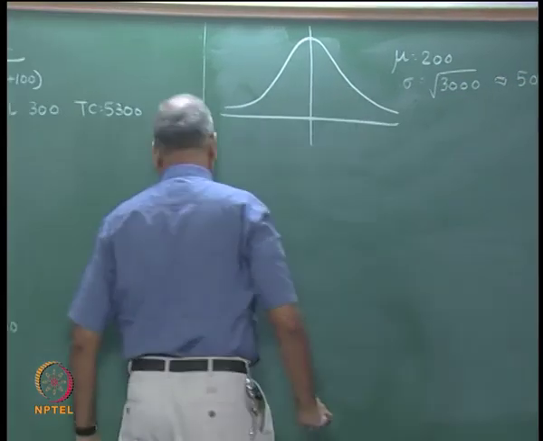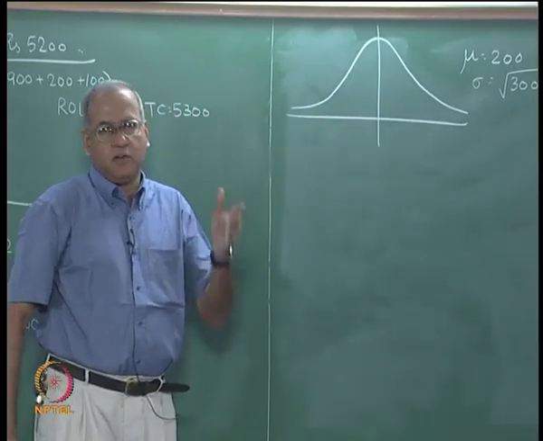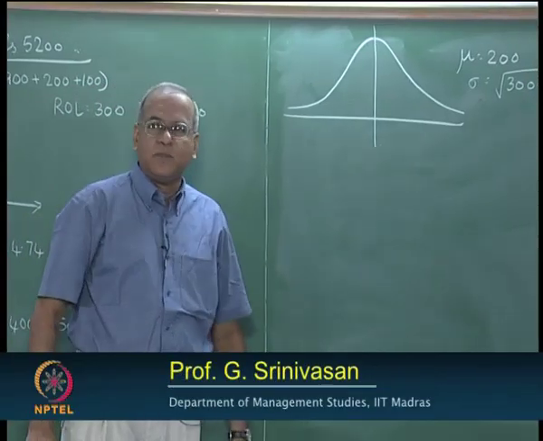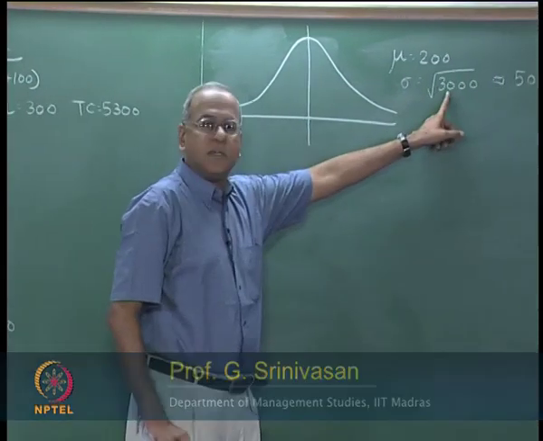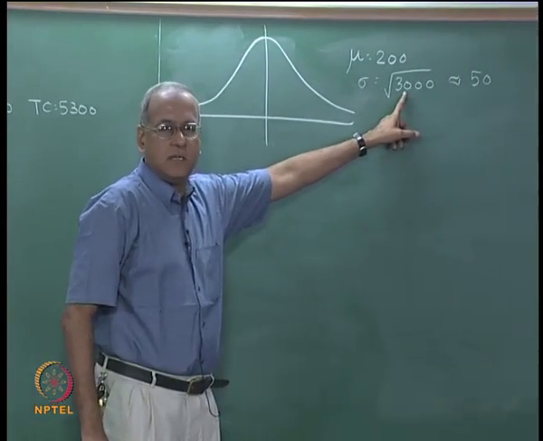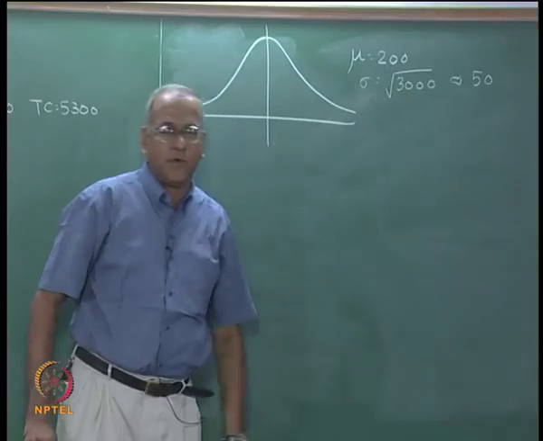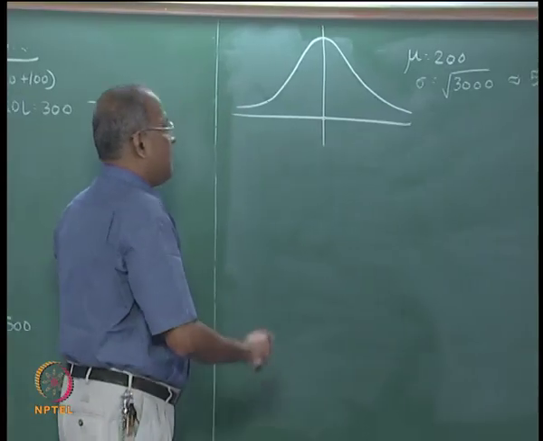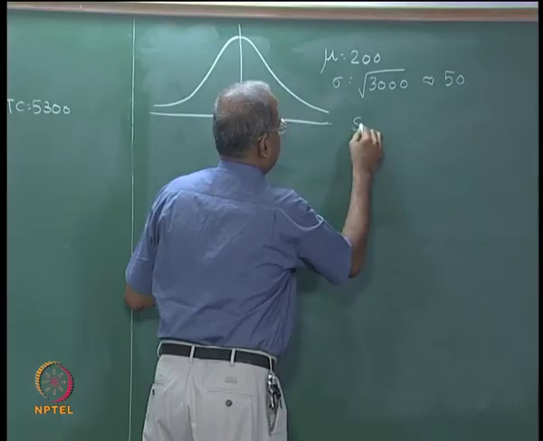So we assume that the lead time demand follows a normal distribution with mu equal to 200 and sigma equal to 50. This figure is slightly more than 50, it comes to 54.77, but for the sake of computation we assume that it is 50. Now with this, if we define a service level of 95%,